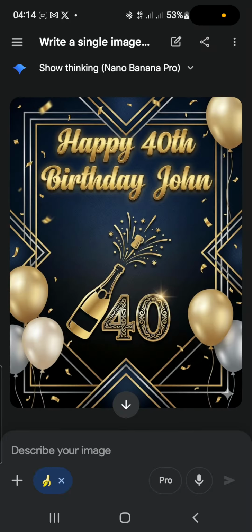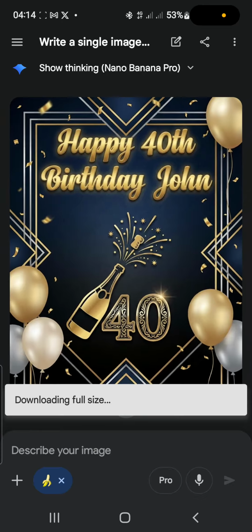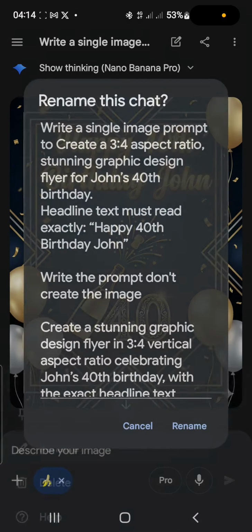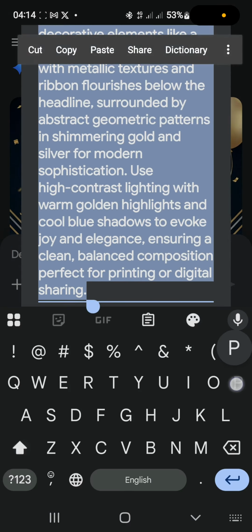Yes, yes, yes. Okay, this is what we got from Perplexity. So who do you think is winning right now? So we're going to rename this Perplexity, and then go to the next app,